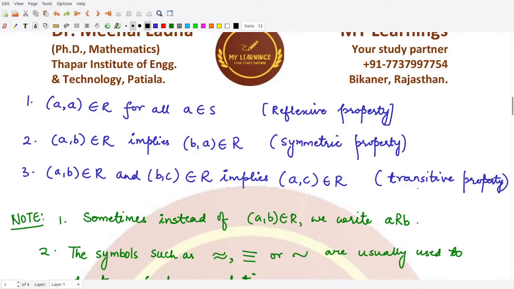The next property is transitivity. Now under this property, what do we assume? We assume that A is related to B, and we also assume that B is related to C. Now you see a link: A is related to B and B is related to C. According to this property, if it is transitive, then A would be related to C also. So these are the three properties by which you form an equivalence relation, right?